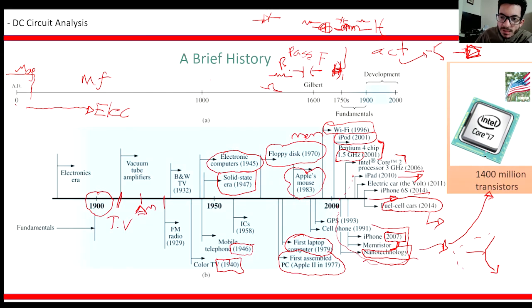For instance, this little processor, the Core i7 Intel, is basically the size of a stamp, and holds 1.4 million transistors